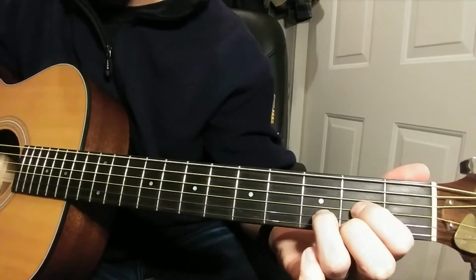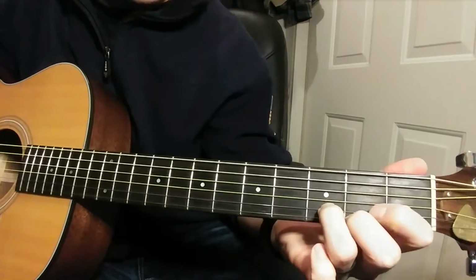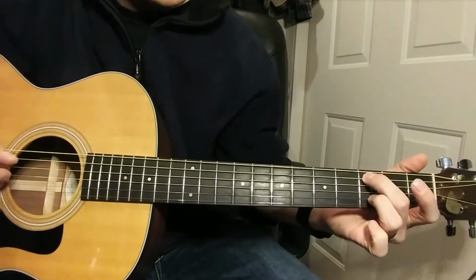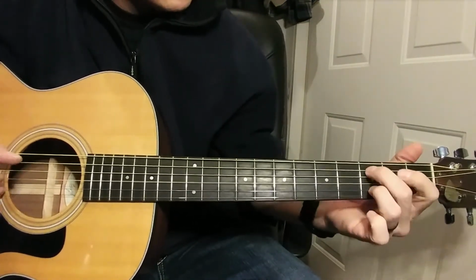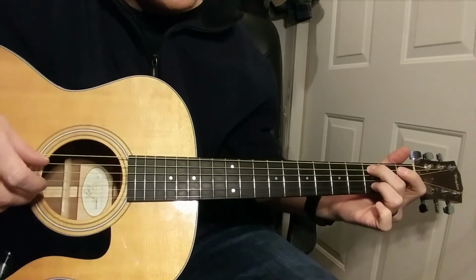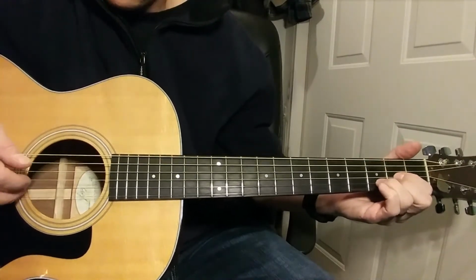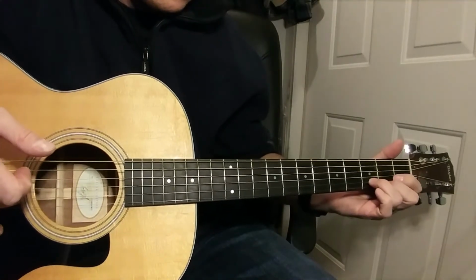So B string, right after the common part, and then B, G, but we pull off. Then we're going to put our ring finger back up here, and this time we're going to play the B string and the A string plucked. So the accumulation of notes after the common part is just B string, pull off with the G string, and